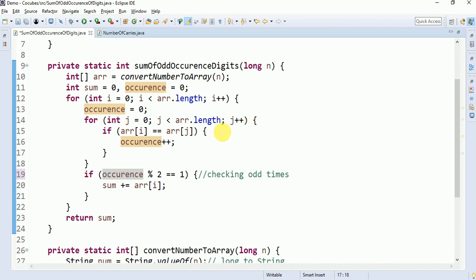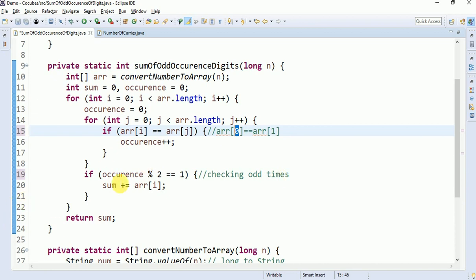So array of 0 is compared with array of 1. Okay, for the third iteration, array of 0 equal to array of 2. We know it, right? Whenever it is matching, we are incrementing the occurrence.